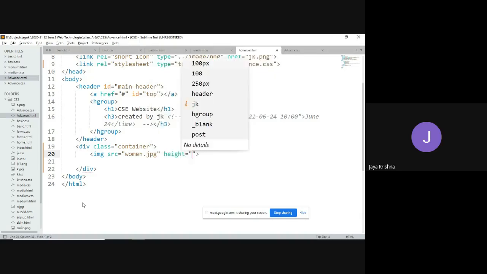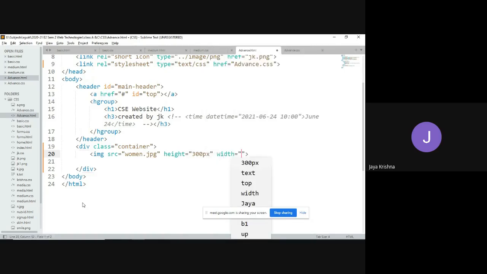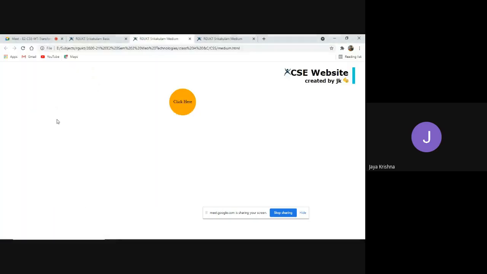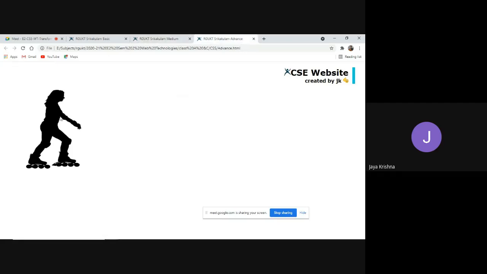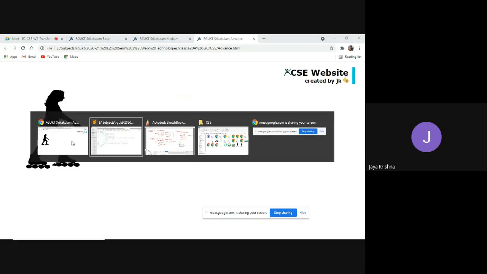I'm going to set the height as 300 pixels and the width as 450 pixels. Go to that web page, advanced. Yeah, this is the image that I have taken.